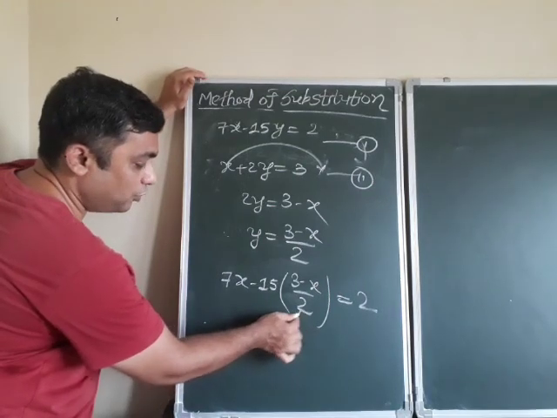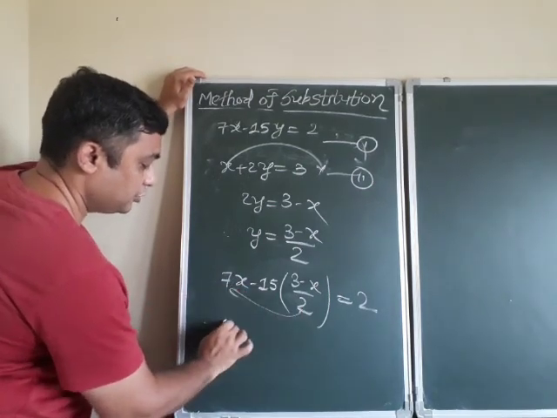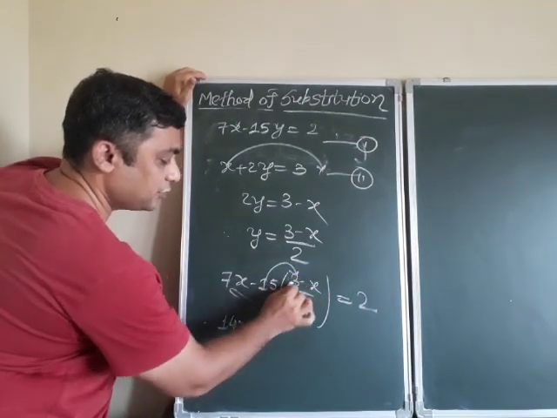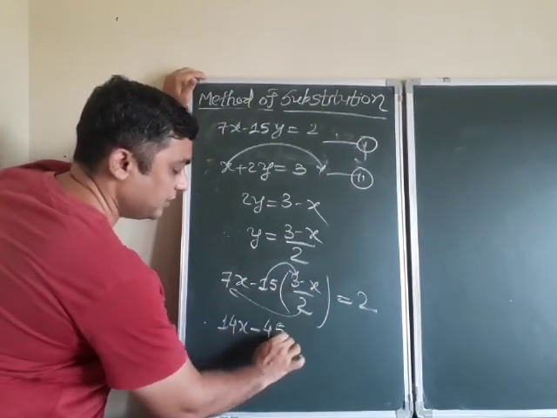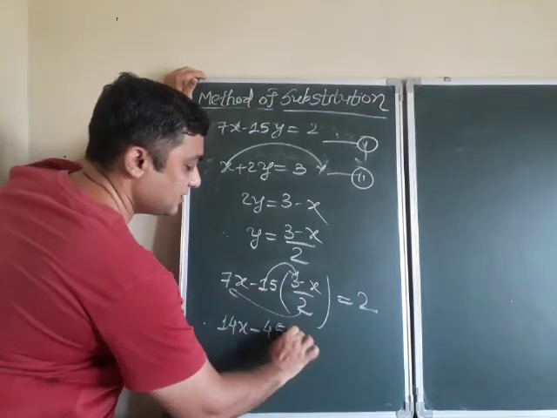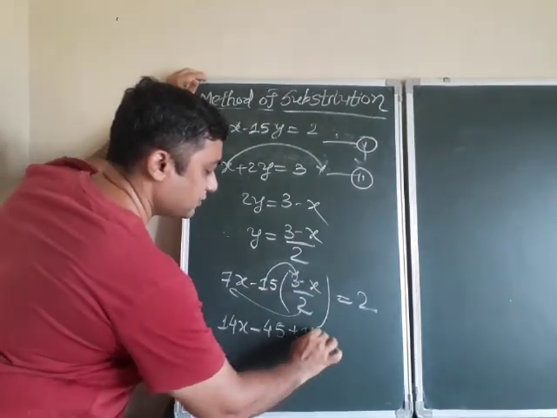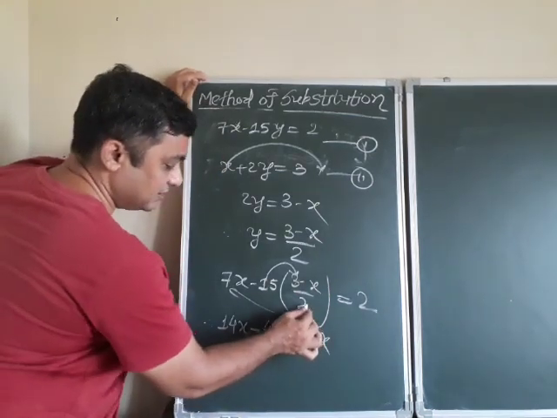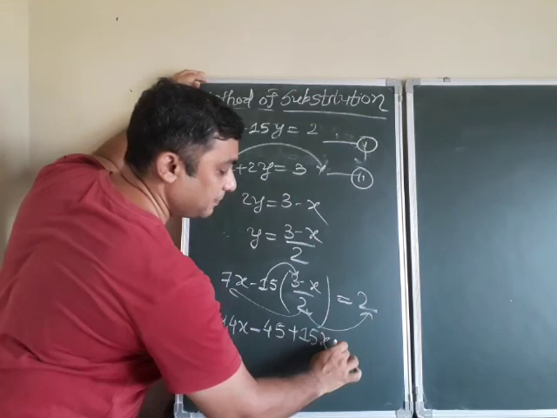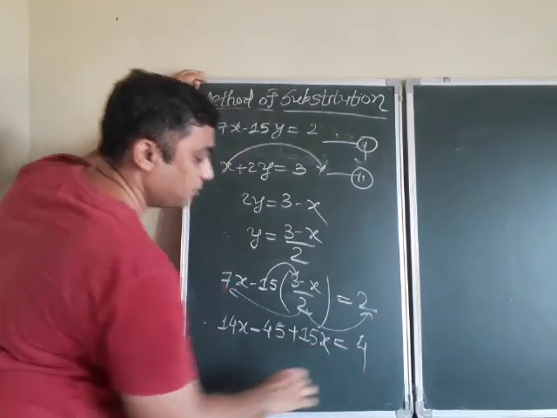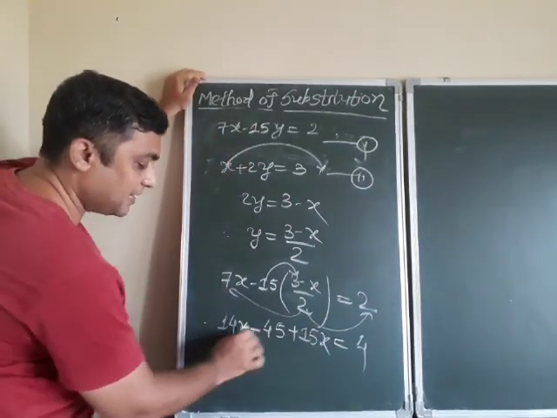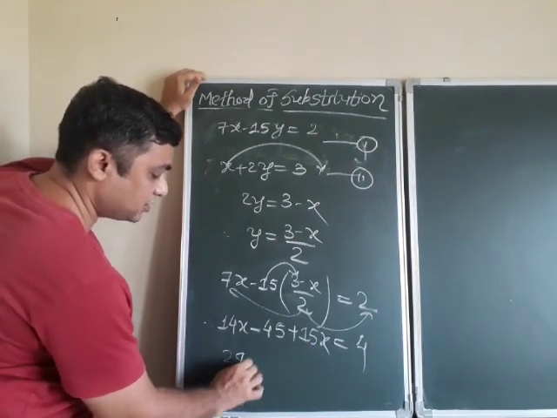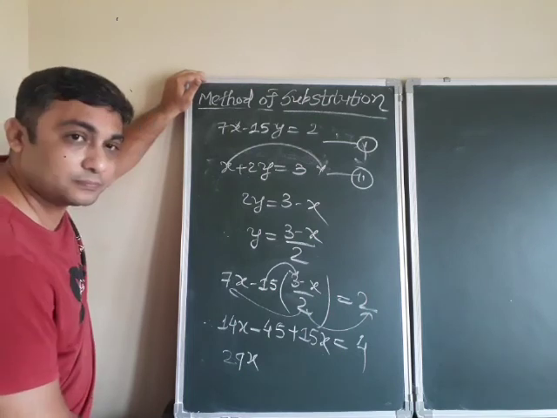I take the LCM for 2. So 7 2s are 14x minus 15 multiplied here. So minus 15 3s are 45. This minus and this minus make a plus. So plus 15x. And this LCM remains over here as a 2. So this LCM multiplied here, and then finally I multiplied here. So this 2 2s become the 4. So now 15x plus 14x. Fine. So that's 5 plus 4, 9. So that's 29x. Fine.